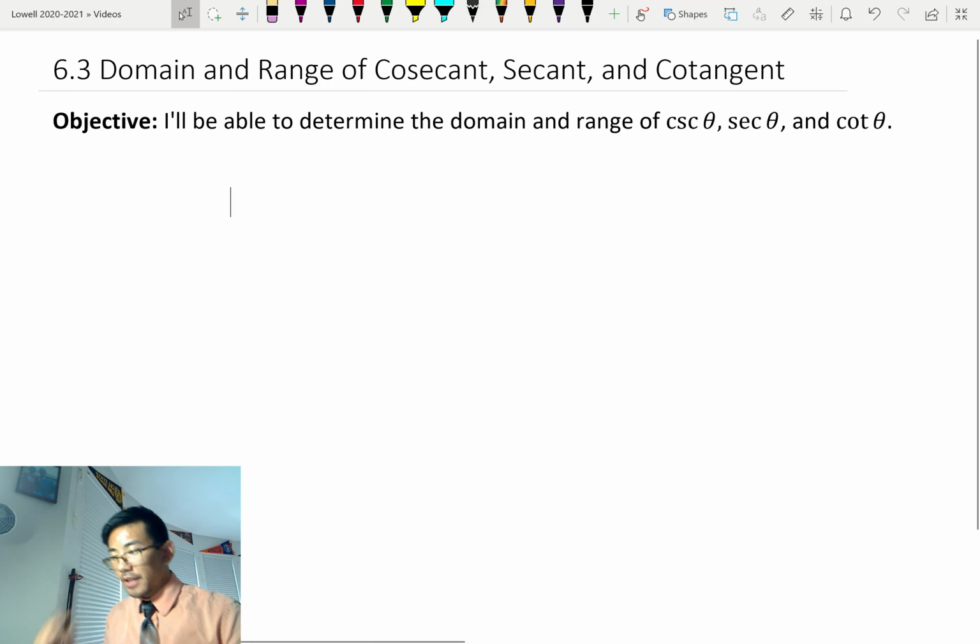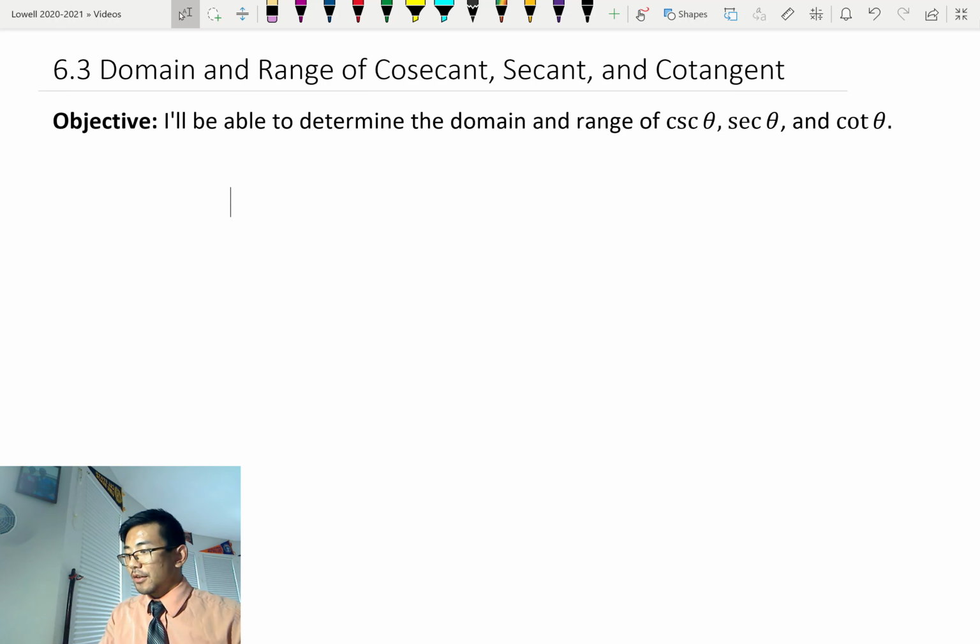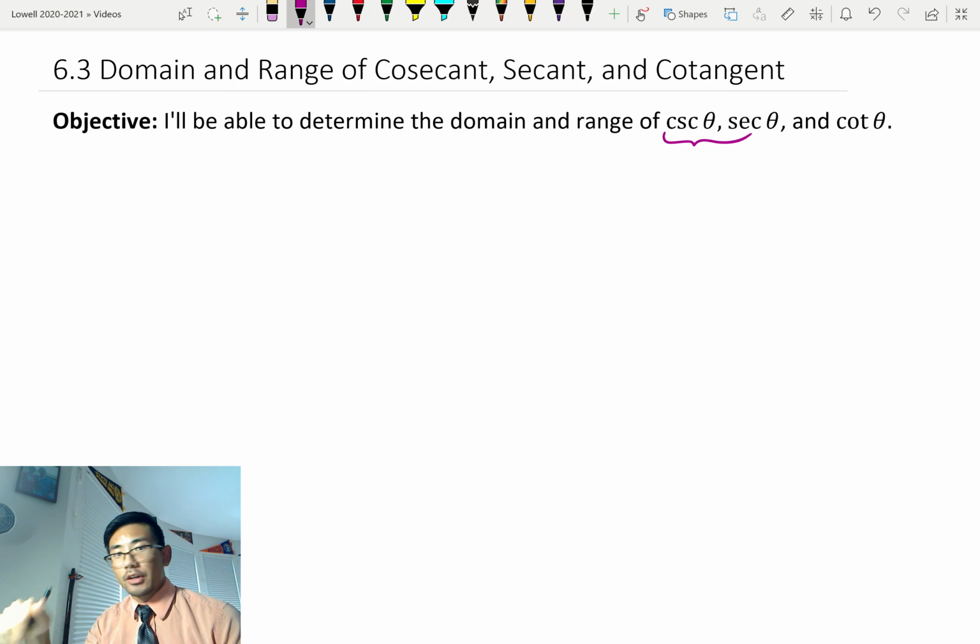Welcome back to our second video in our exploration of the properties of these trig functions. Today we're going to talk about the domain and range of the reciprocal trig functions: cosecant, secant, and cotangent. Just like before, how we started off with sine and cosine, we're going to start off this video with